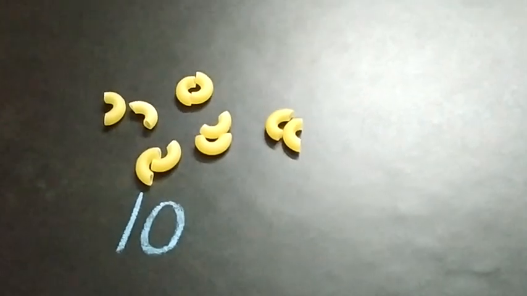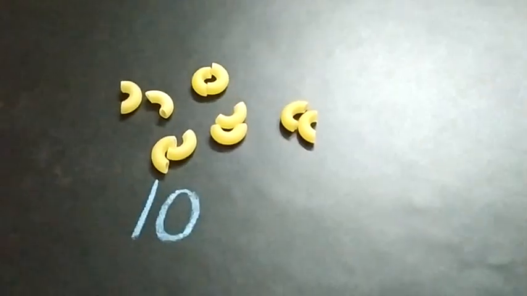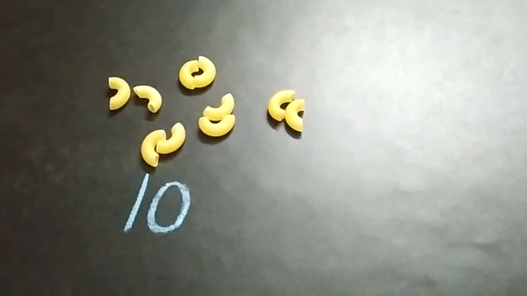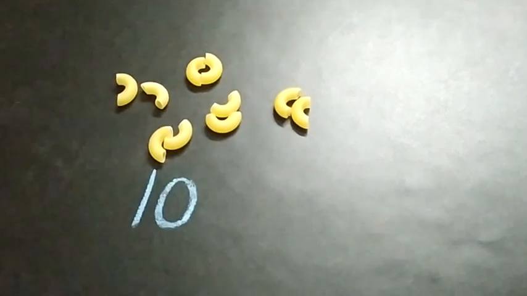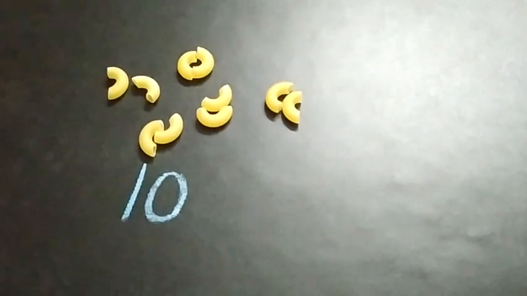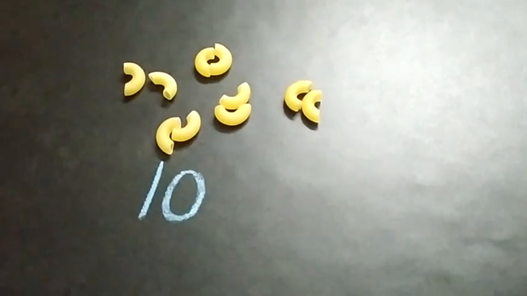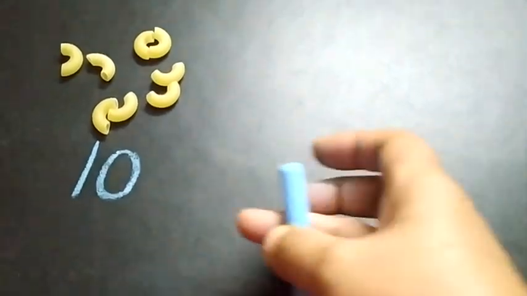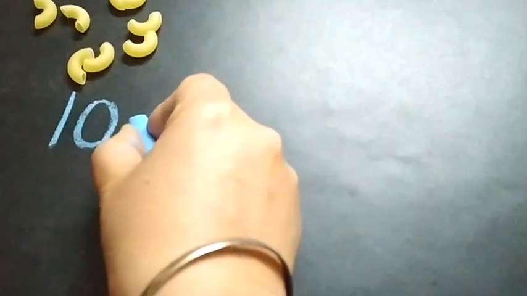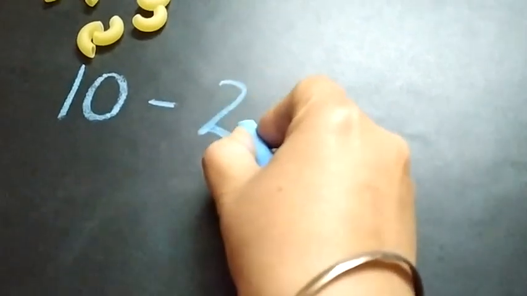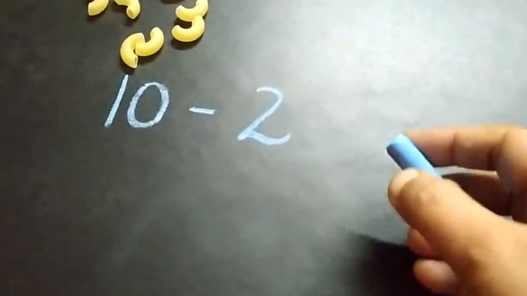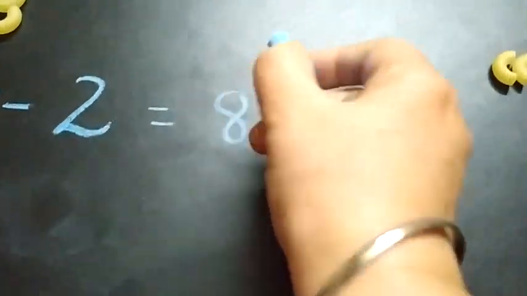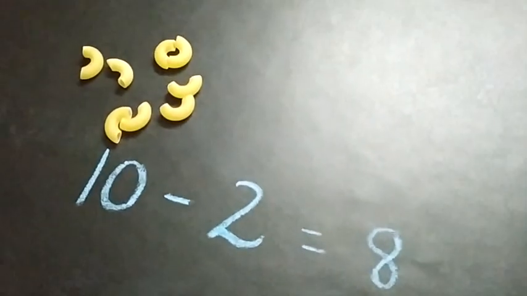Suppose you have 10 candies and you want to divide or share these candies with your friends, and you have to give 2 candies to each of your friends or classmates. So what will happen? First of all, you will give away these 2 candies. So here what we have done, we have subtracted 2. Now we have given away 2. So how many are left? 8 are left. 8 candies are left.